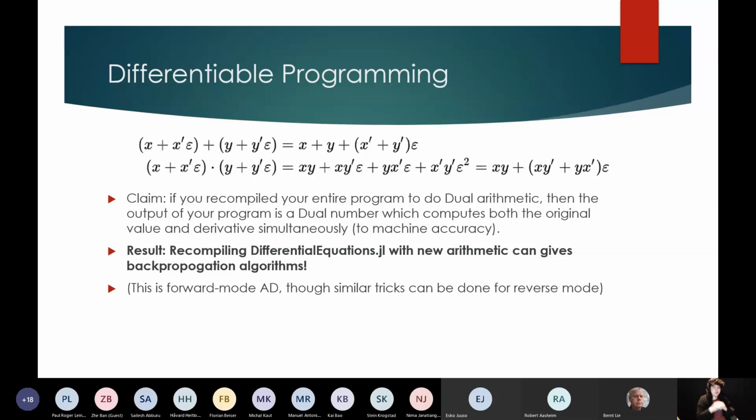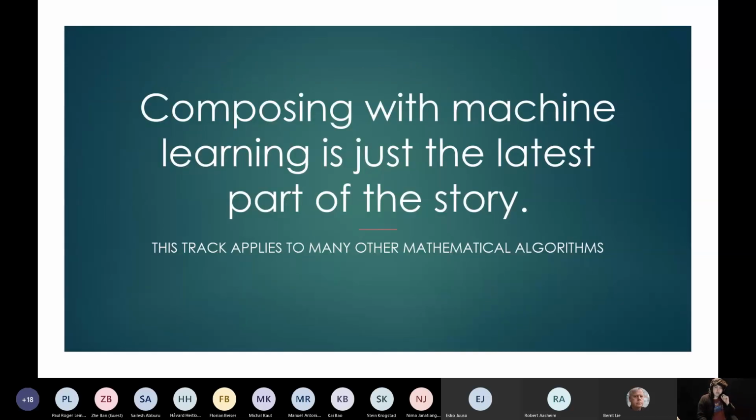While what I describe here is directly on forward mode, this is also done with reverse mode and the adjoint forms as well. So composing with machine learning is really just the latest part of the story. Here I showed that there's a lot that can happen if you allow yourself to have neural numbers embedded with your differential equations: you can automatically discover equations and accelerate things. All of this comes from making sure that adjoints are automatically constructed with the differential equation solver and stiffness. That is a whole story in itself.